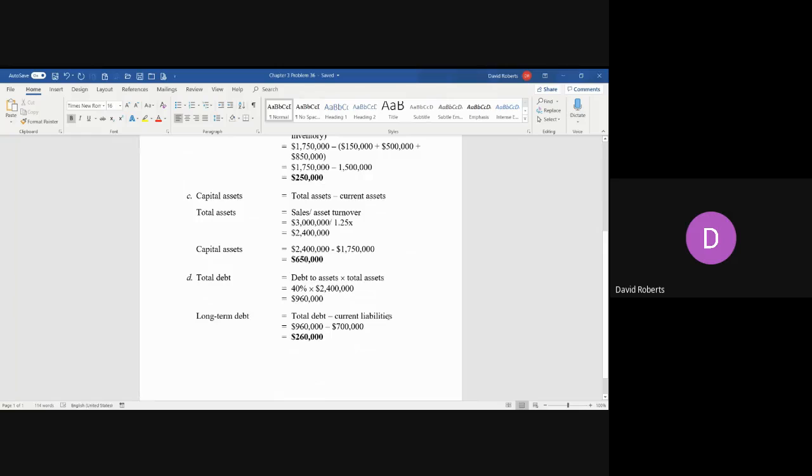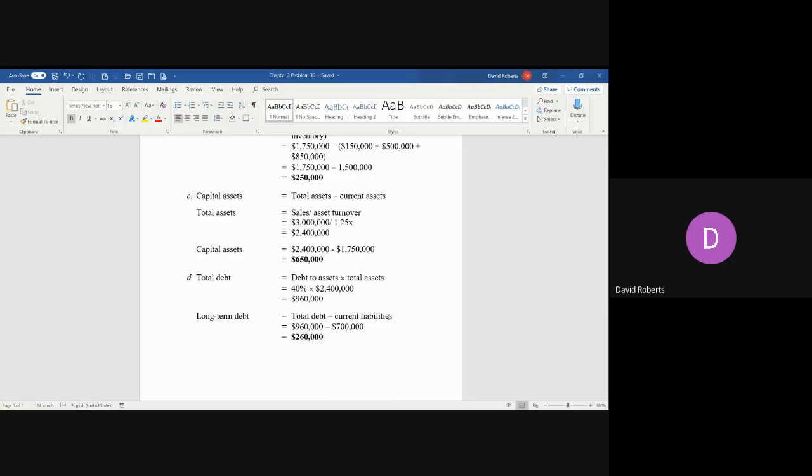Part D, in this particular case, long-term debt. So of course, that's the difference between total debt and current debt or liabilities. You have $2.4 million in total assets. 40% of that represents debt. So for every dollar you have in an asset, you actually owe 40 cents. So if you had a mortgage for $100,000, your mortgage balance would be 40,000. Sorry, if you had a house for 100,000, your mortgage balance would be 40%, and you would have a $40,000